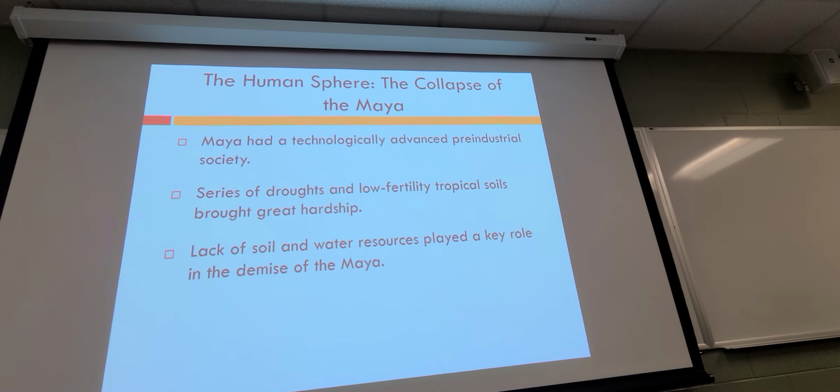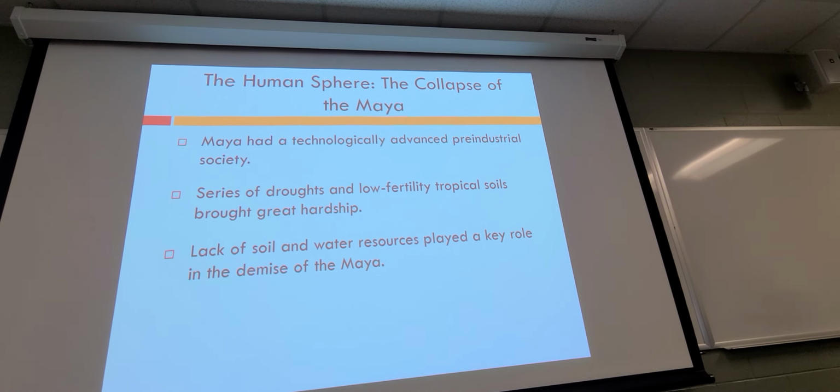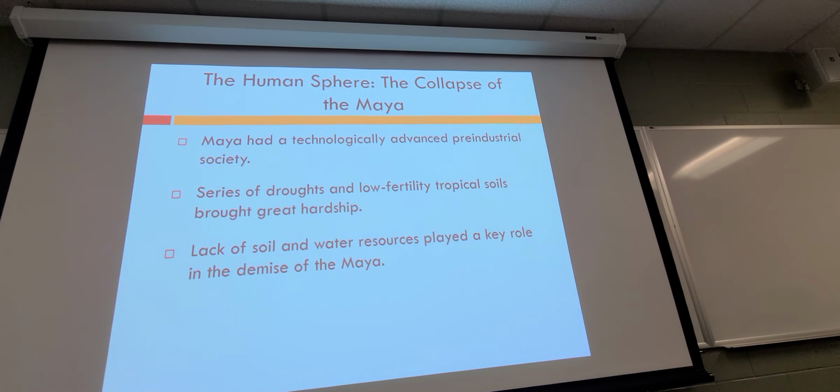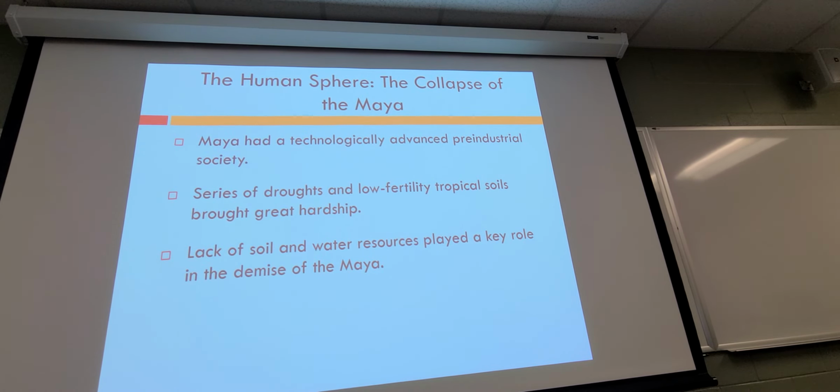So on the topic of soils, this chapter points out that many past civilizations have fallen because of environmental problems. They focus on the Maya. I don't know if people know a lot about the Mayan Empire and whatnot. Central American Empire,